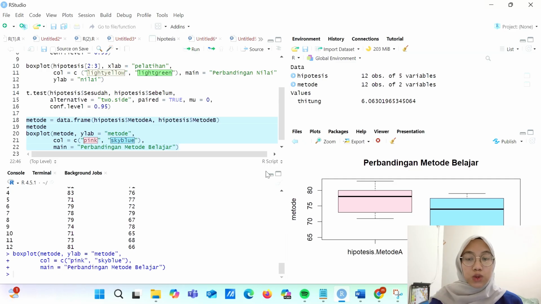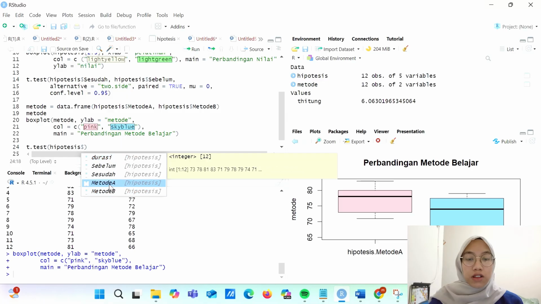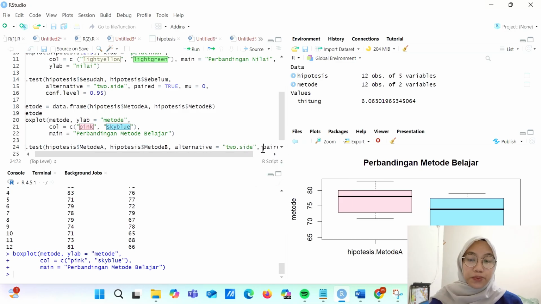For the two-sample test, we use the data from the method A and method B columns, alternative two.sided, paired false, mu0, and finally confidence level equals 95%.